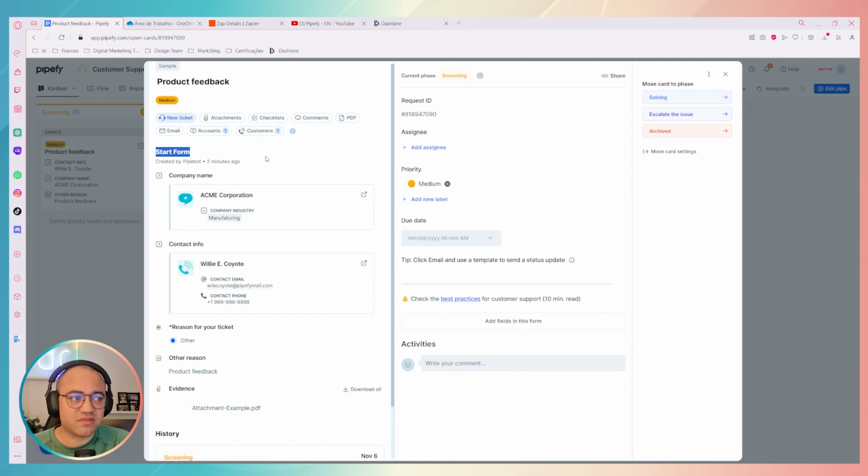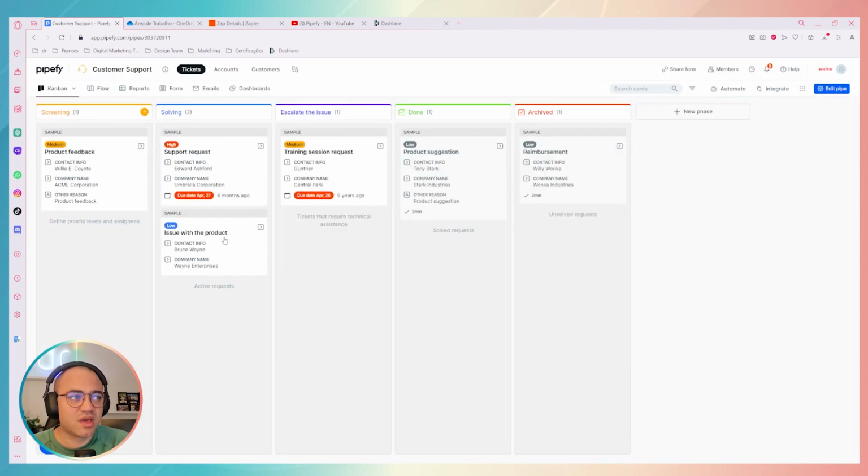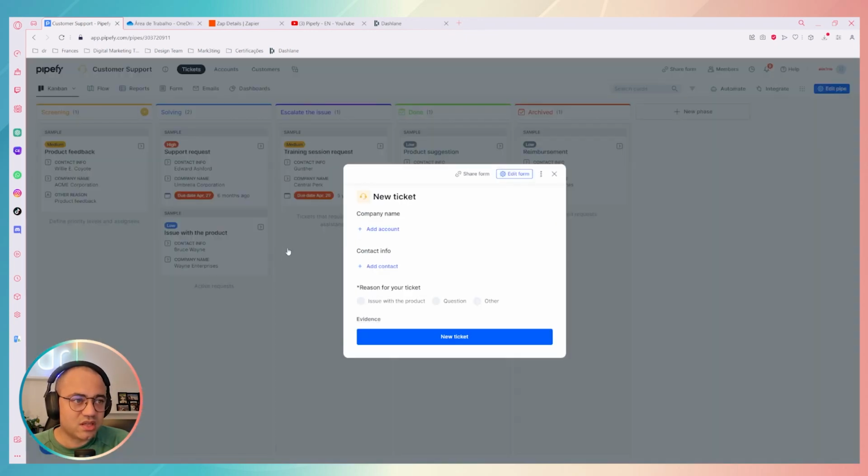change any of these fields, to edit the start form, just close the card, then go to this plus symbol, just click once, and you will be able to see this screen. On this screen, you can for example fill in any information, then create a new ticket. In this case, Pipefy calls the card a ticket because we are in customer support, okay? So you can open a new ticket for this workflow, or we can just go here on edit form,